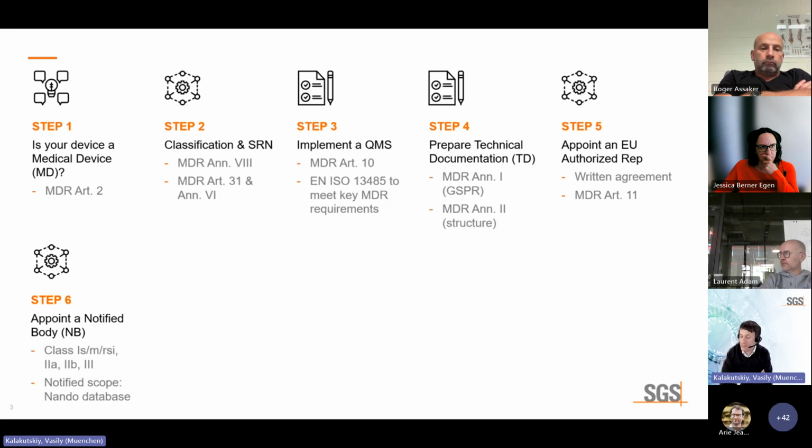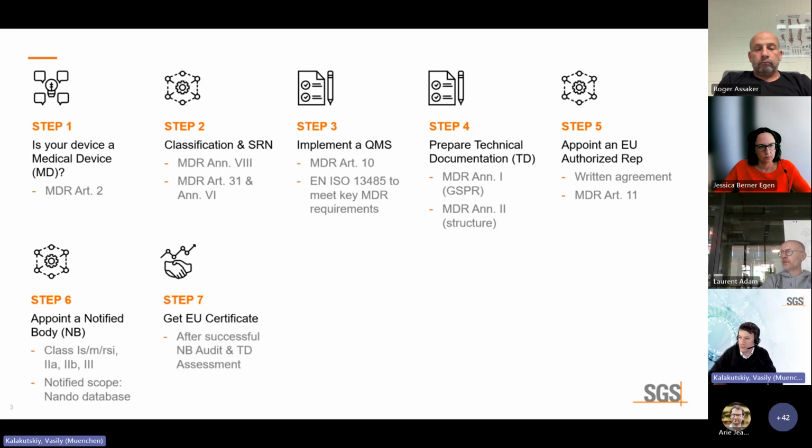SGS FIMCO does not have full scope, for example, because for each MDR code, there must be clinical experts and technical experts in the notified body. The broad expertise does exist, of course, but you have to double check that your product fits the notified body